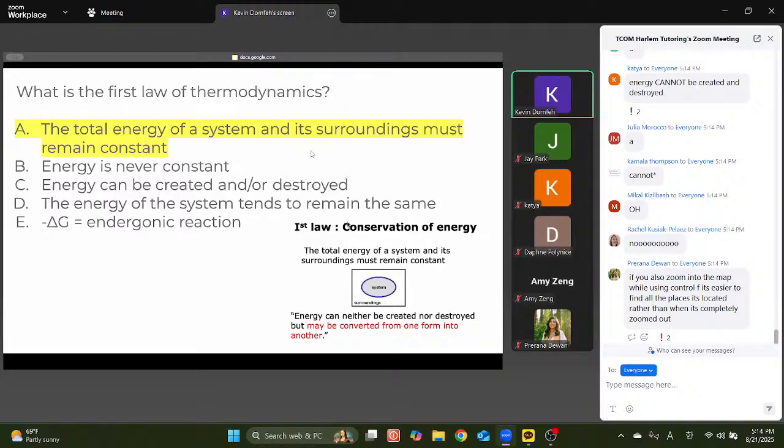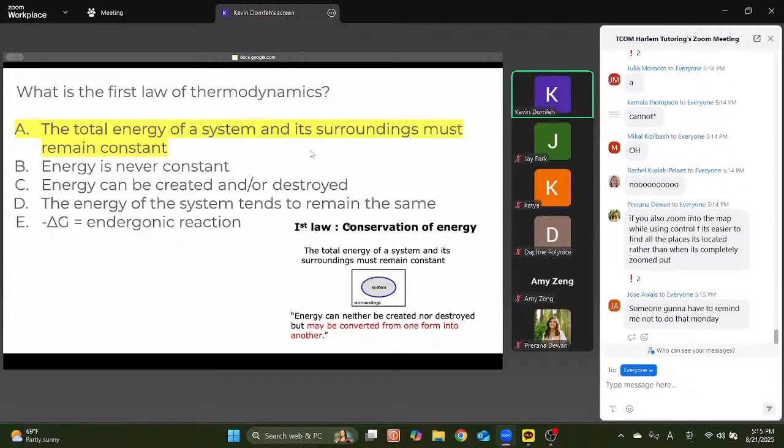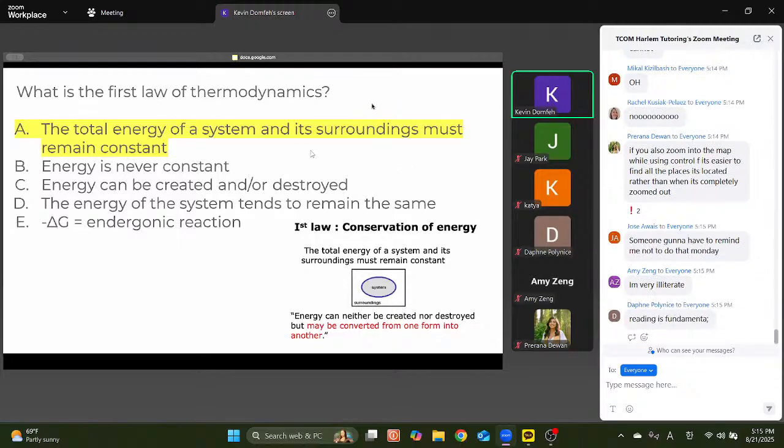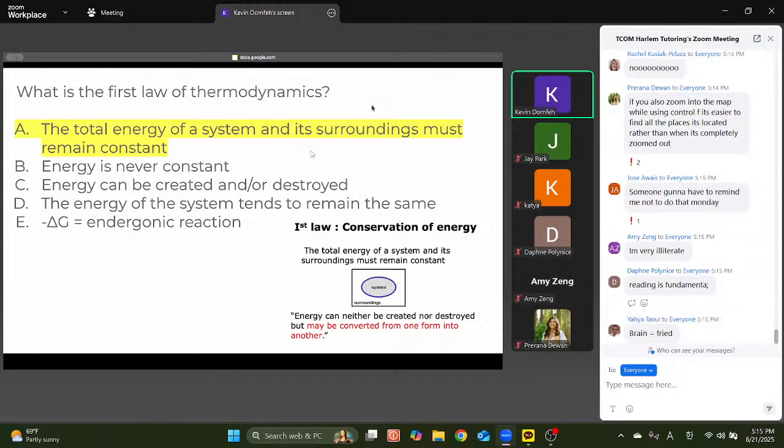test taking skills are, right? It's not enough to just know the lecture slides. You also have to know how to take the test, all right? And when it comes to taking the tests, no, you are not illiterate. Don't say that. Yes, exactly. You have to be able to read the answer choice carefully and also understand what the question stem